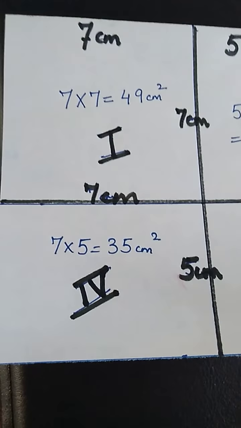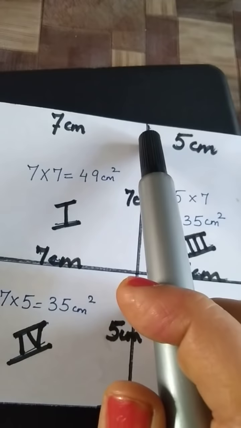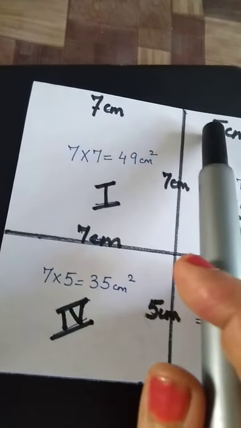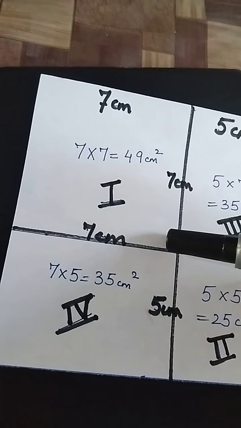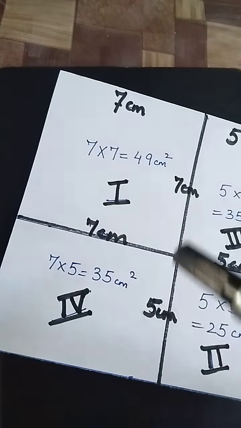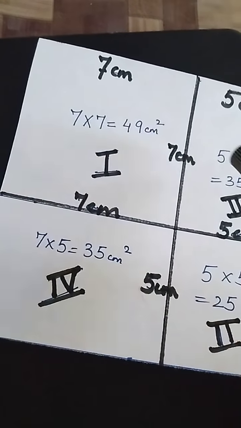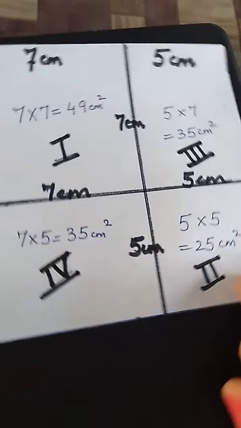Now what you will do is just mark from this end 7 centimeter. That means 7 is here, so 5 will be left here. So 7 here, and from here also make this 7 centimeters. Clear? So just draw this line and this line so that it is transformed into 4 figures: 1, 2, 3 and 4.